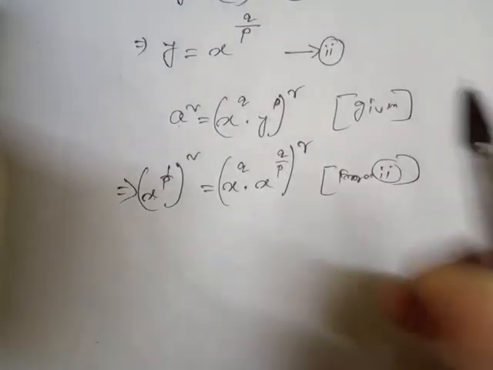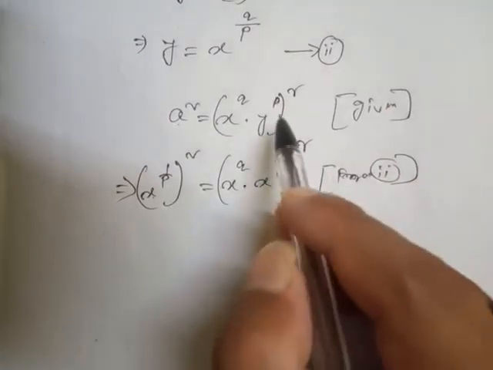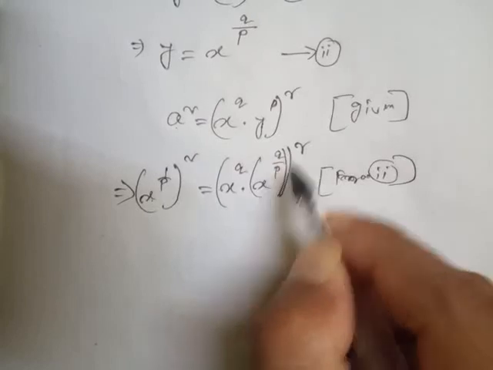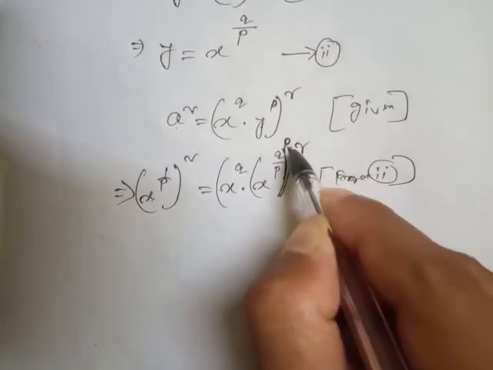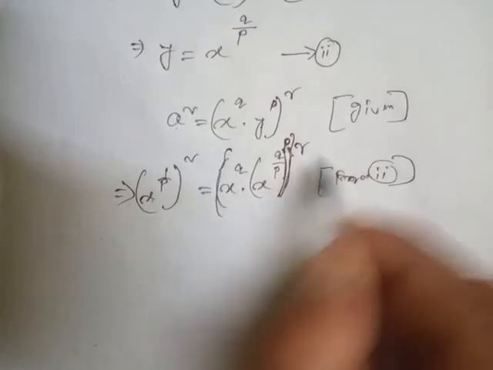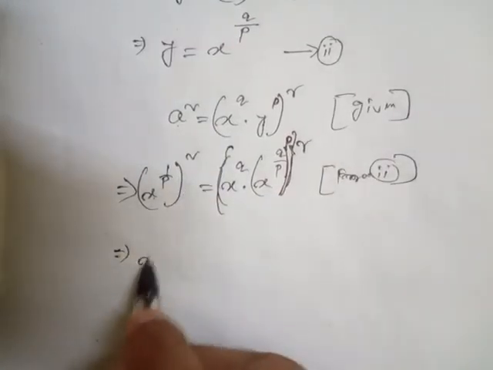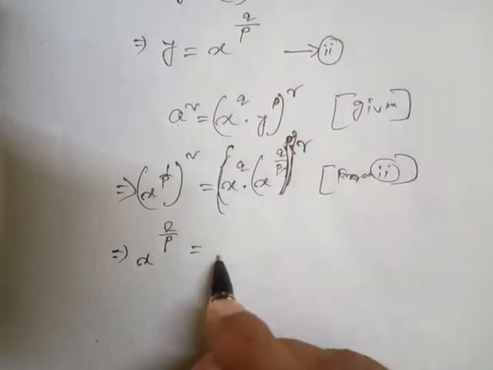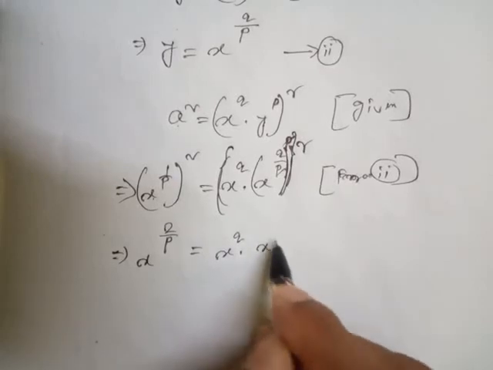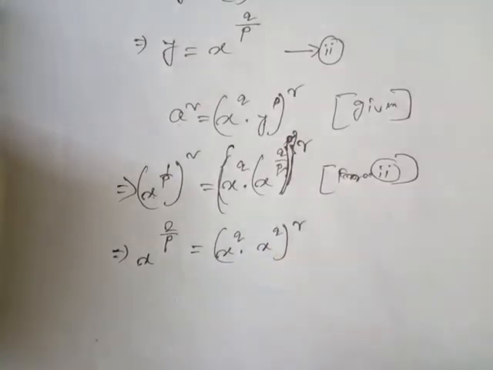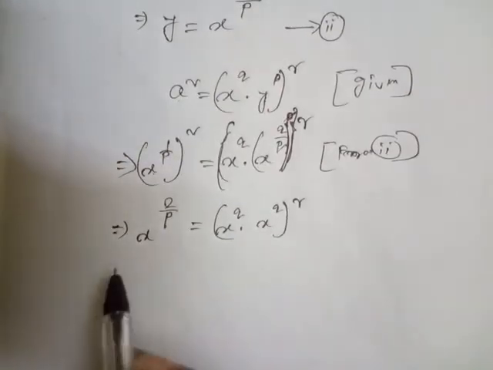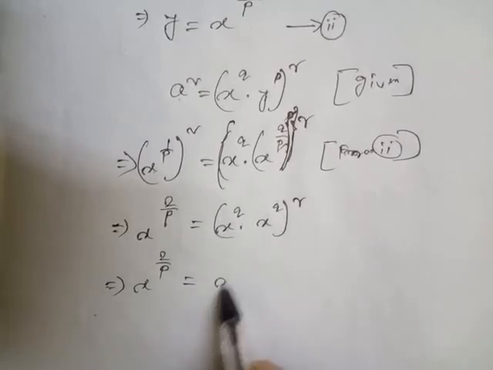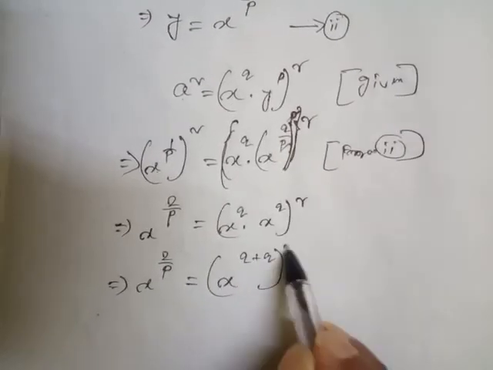Now after that, look here, that x to the power q by p, and value of power of y is p. So power of y is p, will write here now, then whole to the power r. After that, here now x to the power 2 by p, and p and p cancel, so x to the power q and x to the power again q whole to the power r. Now after that, since base same, power should be added, so x to the power q plus q whole to the power r.